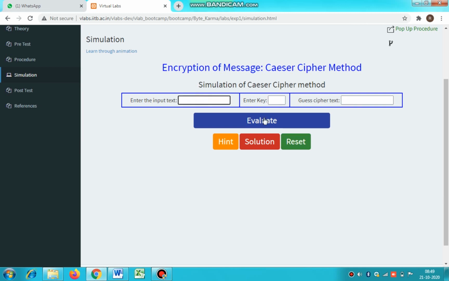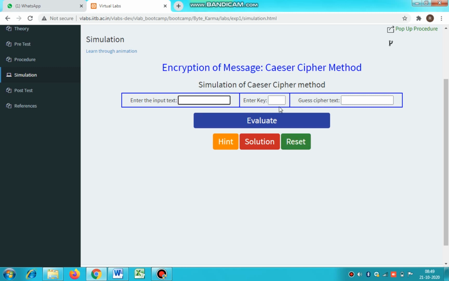Now what will happen if we give numbers? 1, 2, 3, 4, 5 incremented by 1. According to the rule it should become 2, 3, 4, 5, 6. But this encryption method does not accept numbers. It only encodes the alphabet values. So when you evaluate, this is incorrect, because the data remains as such, it won't change.